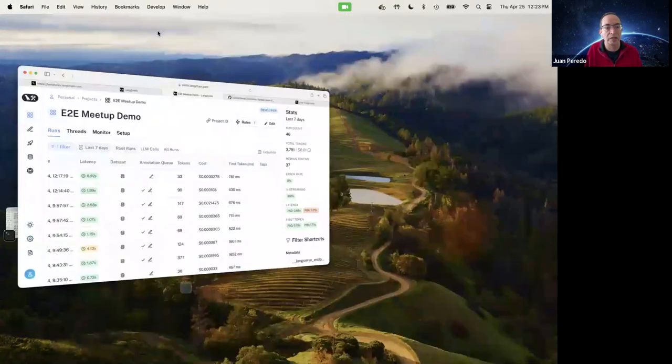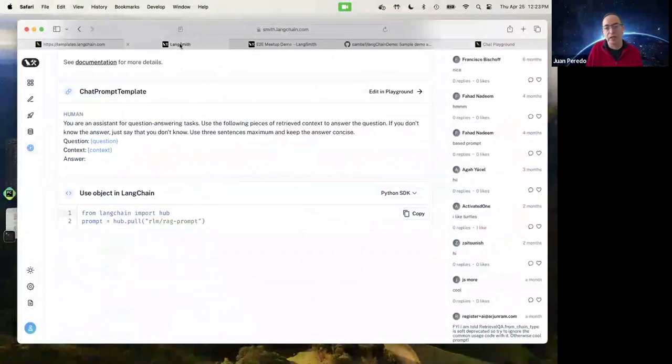And if we come in here, and we go to LangSmith, there is a prompt hub where you can have prompts that somebody else has created, either public prompts or prompts that somebody else in my team created, or the organization prompts. So you can have either public or private prompts. And in this particular case, we're going to be using this particular prompt that somebody else created for us.